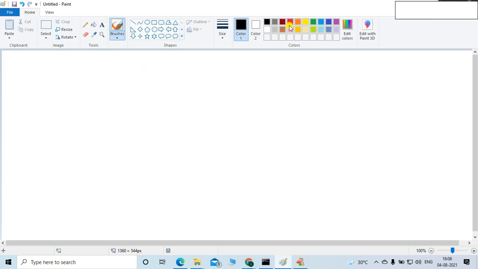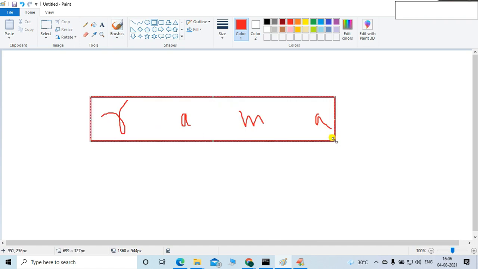Friends, suppose this is my word Rama. I will cover the slicing method also. Let me revise, as a few people are new in this session, and then I will move to that part also, no problem. So I want to access a character from this word Rama. How many ways are there to access it? There are two ways.